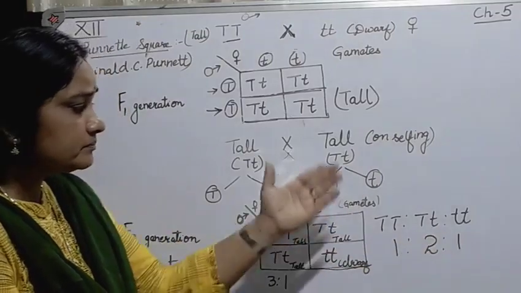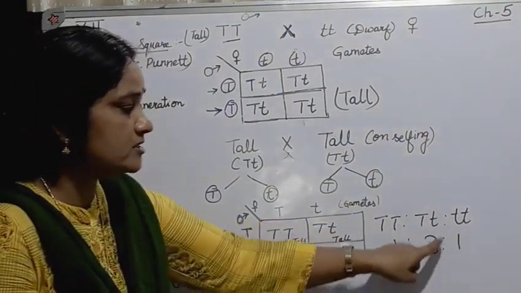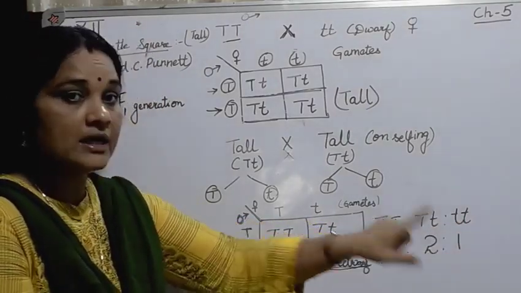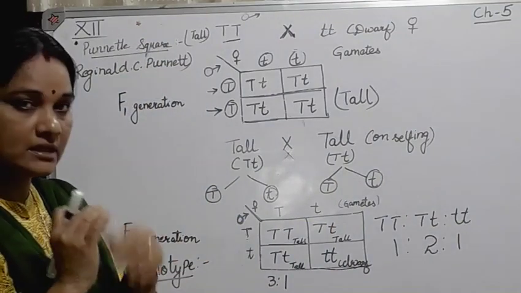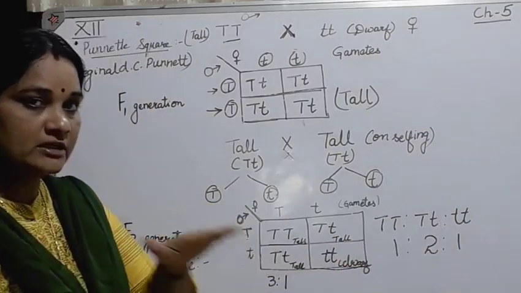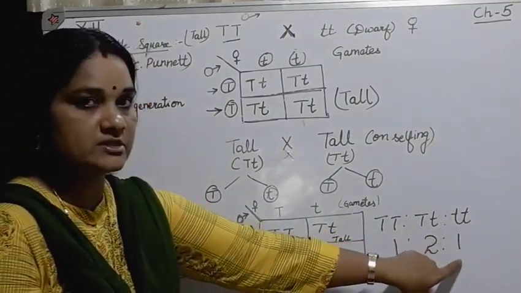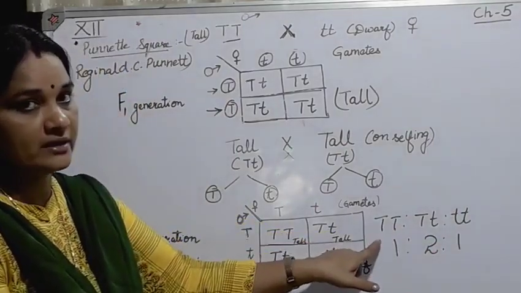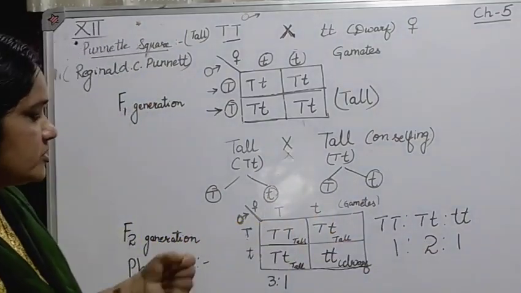So from this calculation, it was seen that the trait for the recessive factor, that is for dwarfness, the pair of contrasting characters always has the recessive gene, small t and small t, and only when the homozygous condition is there will it be expressed. It will never be expressed when there is a heterozygous condition and a dominant factor available. That was one of the major inferences which was drawn.